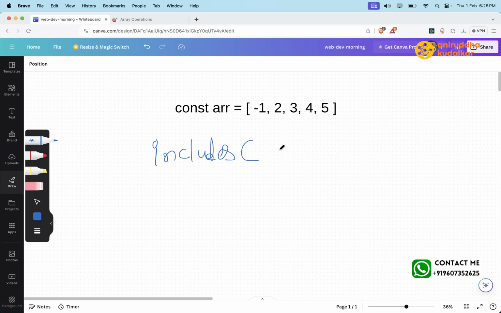Now there are two flavors. Either you can just pass 2 and it will check whether 2 is there or not. If 2 is available in the array, it will return true. Now another flavor of includes,